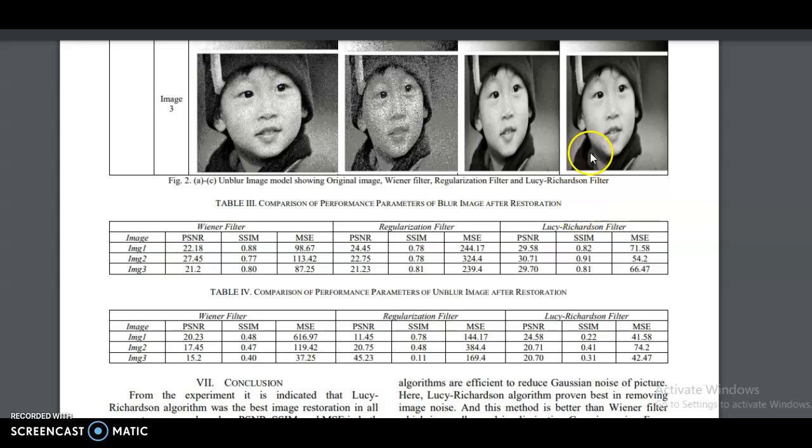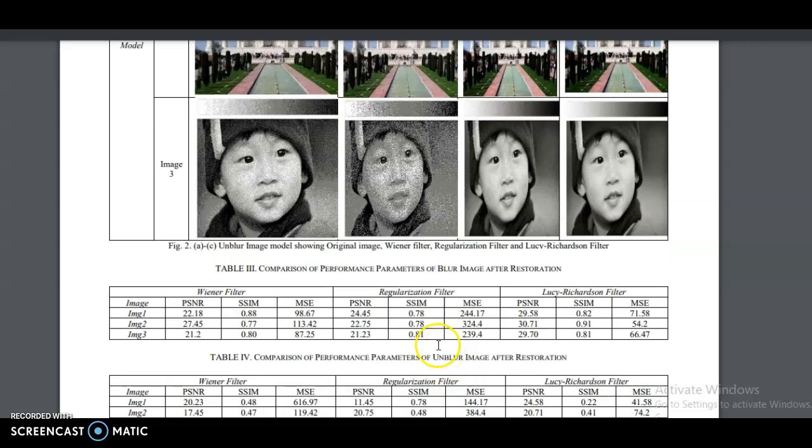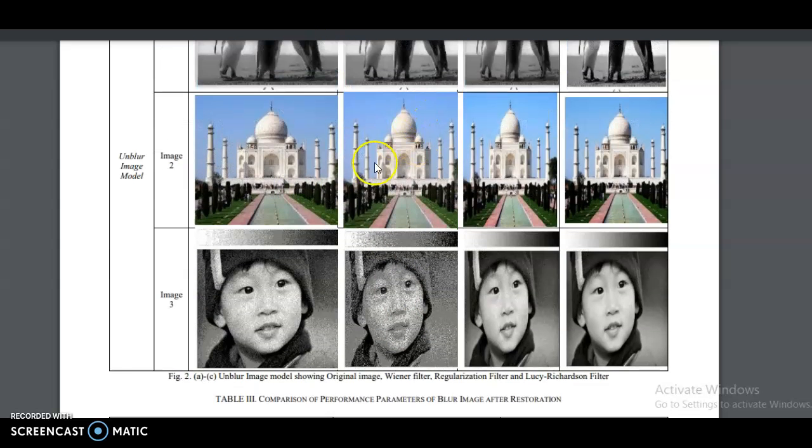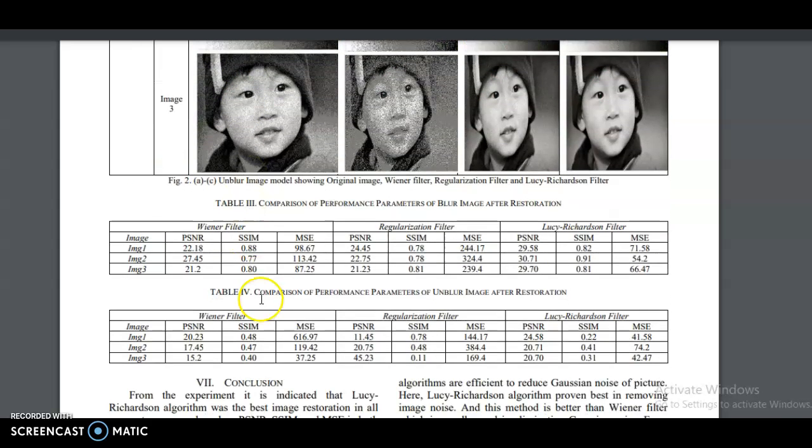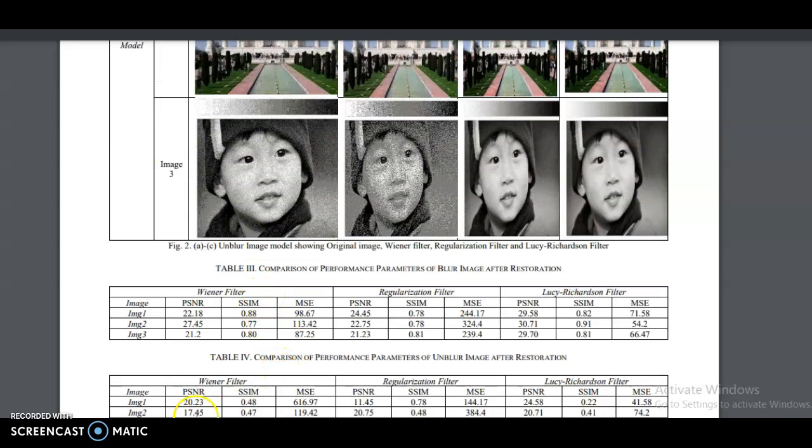Here the PSNR value is 20.770. This is higher than this, that's why we are getting better than the original image also. For the unblurred image model, in image 2, here 17.45, here